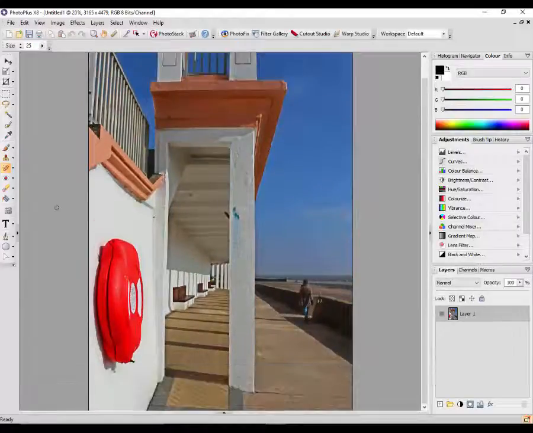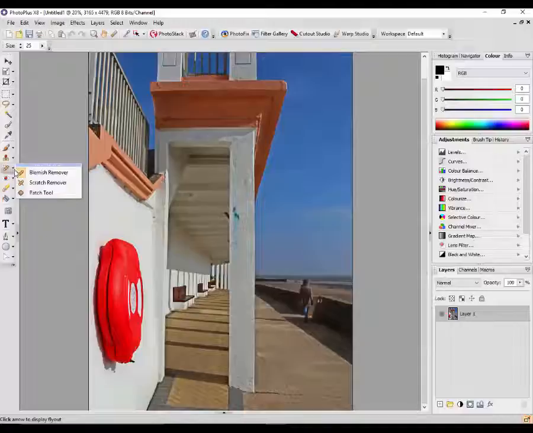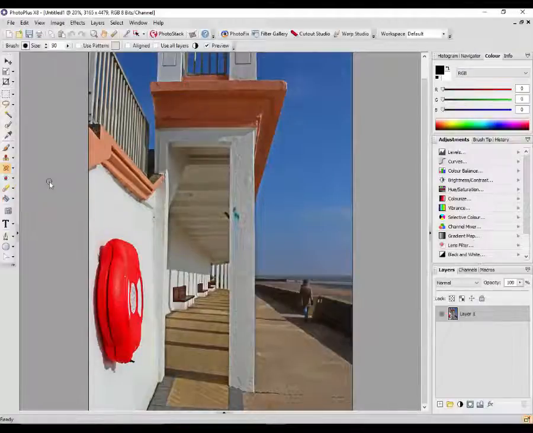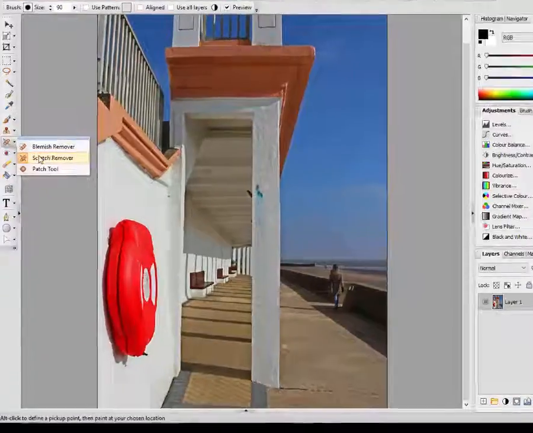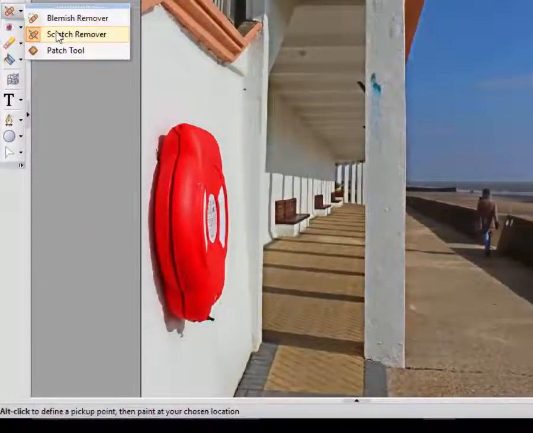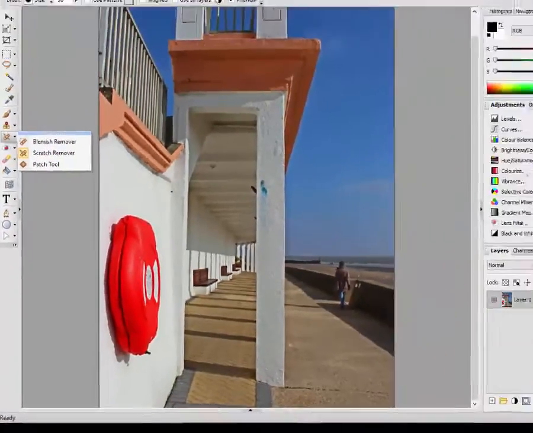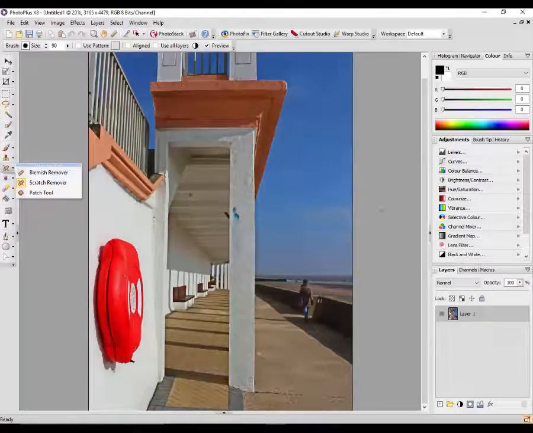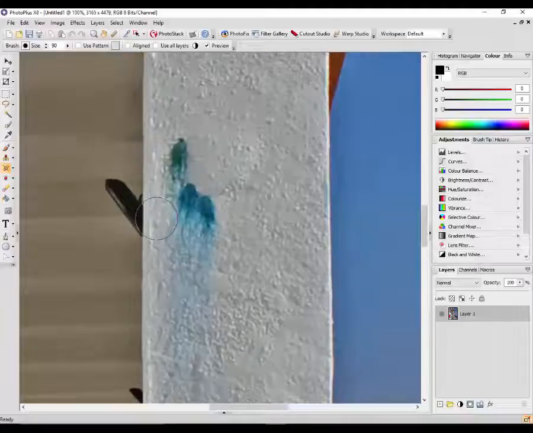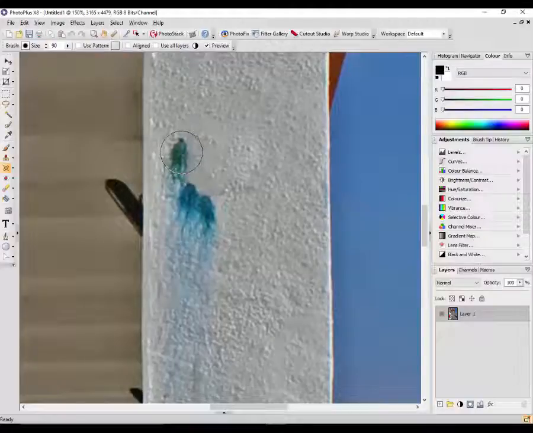Lower that down again, and I will go to the scratch remover. In the scratch remover it says Alt click to define a pickup point, then paint your chosen location. So again, we will start by zooming in to this blue area. So I'll click, press the Alt key and click,